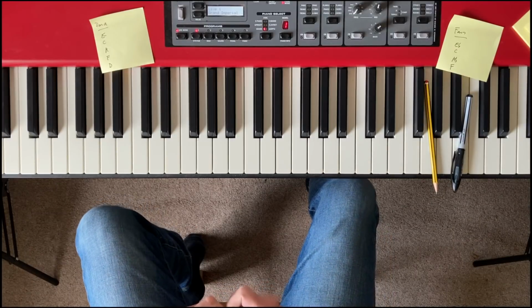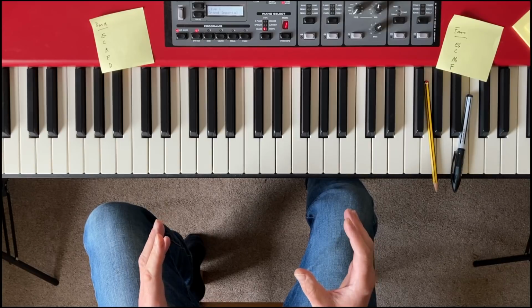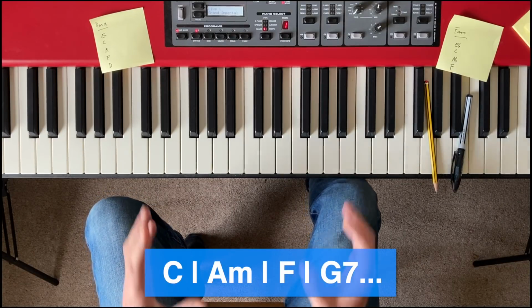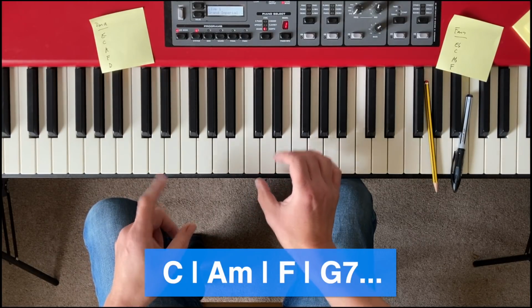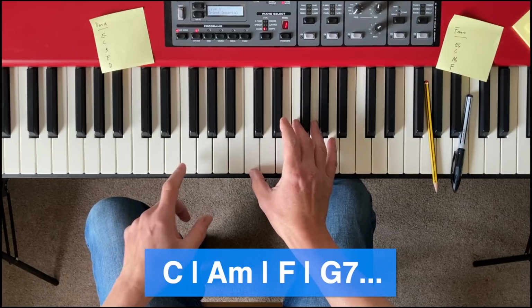Then we come to step 2. All I want you to do here is play through the song's chords, but without worrying about timing. Let's take the first few of them out of the score and put them in a subtitle so you can see what I'm doing. To keep things simple, play a block chord in the right hand and a single note in the left. So we will go something like C, A minor, F,